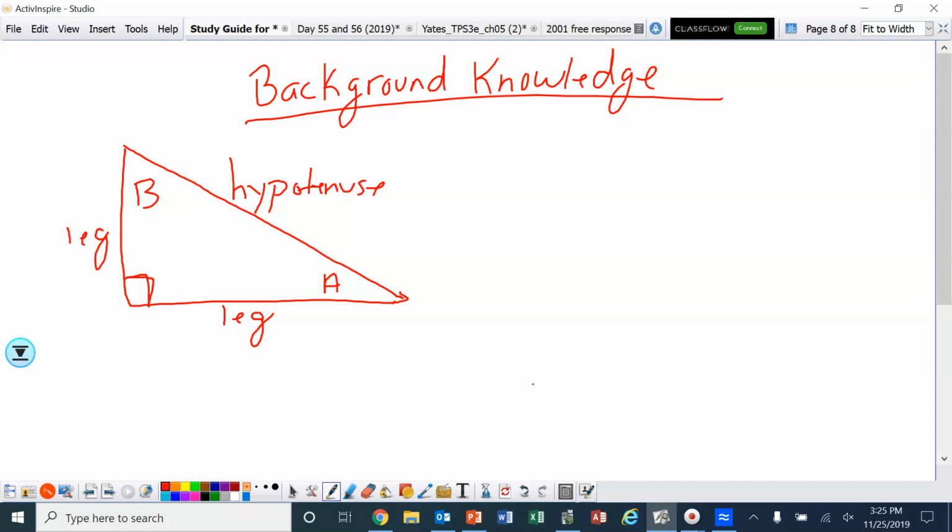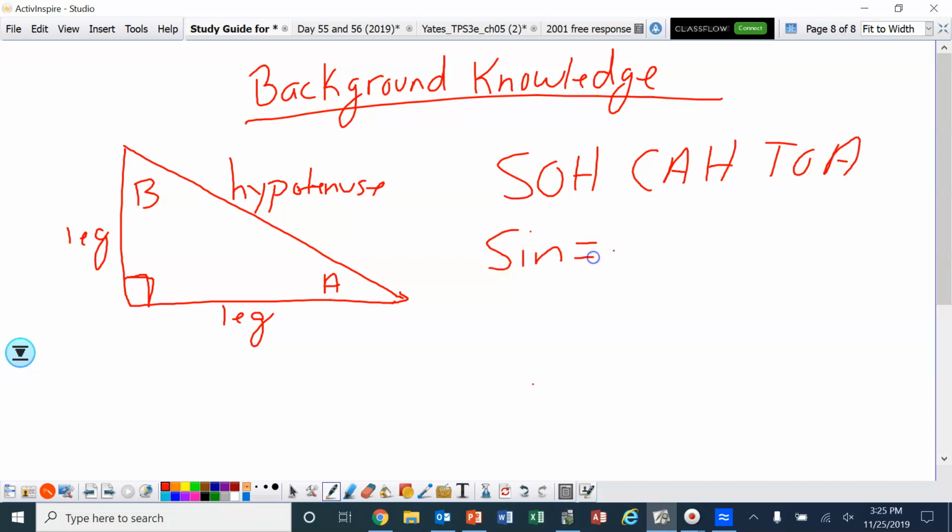Now, when we're using trigonometry, we use the saying SOH CAH TOA. Now, what in the world does that mean? Well, the S stands for sine. Now, it's going to be a ratio. Okay, the ratio is the opposite side over the hypotenuse. Okay, now that's not going to make any sense yet until I start using the numbers here,